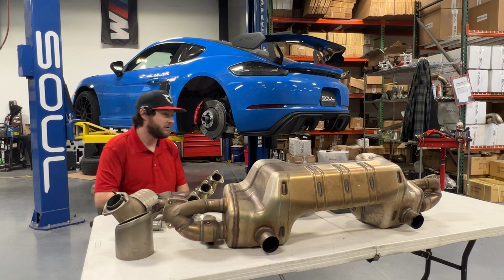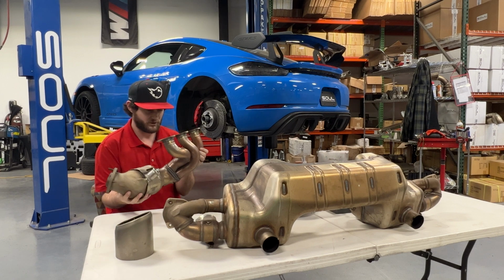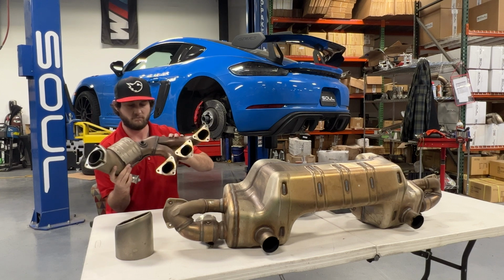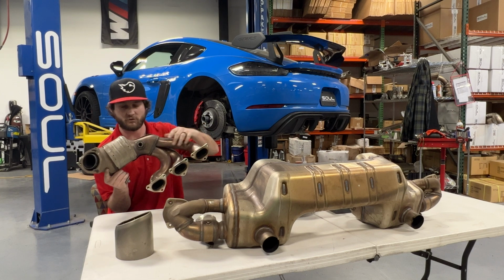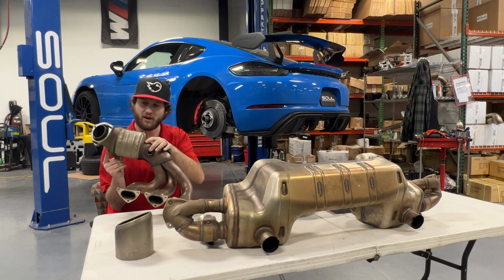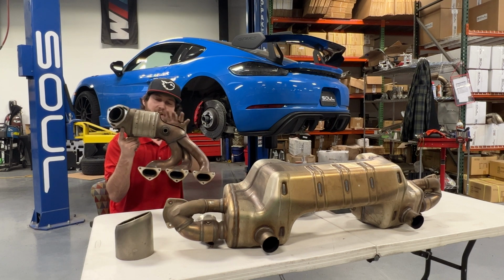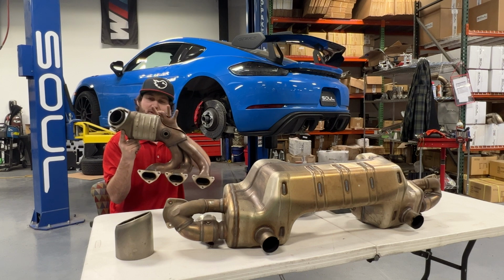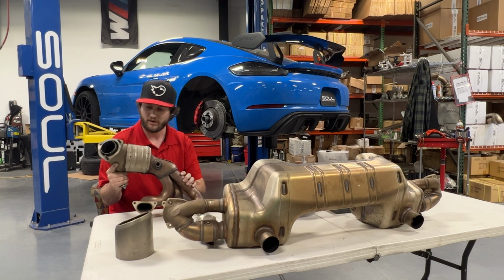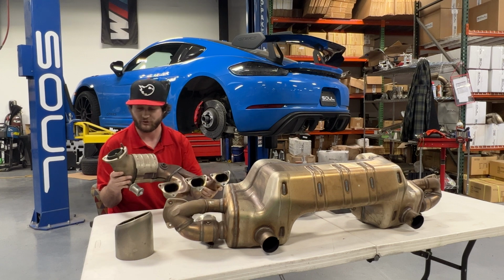So, the headers. You've got a primary tube diameter of about 2 inches going into a very short merge collector where the primary O2 sensor is located, and then going into a smaller size catalytic converter. It's got a bit of a sharp angle here, so it's not really utilizing the full outer edge of the cat. It's funneling the flow more towards the center, so we feel we can do a little bit better